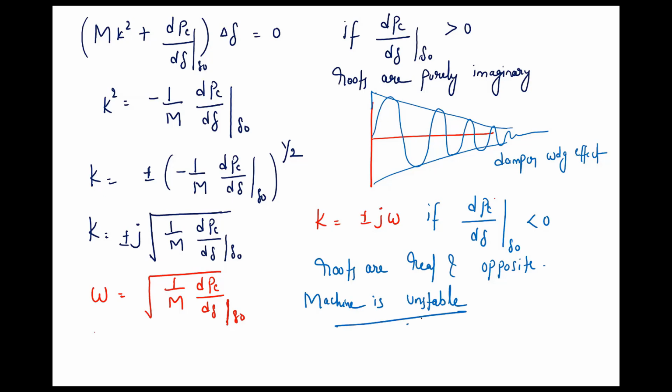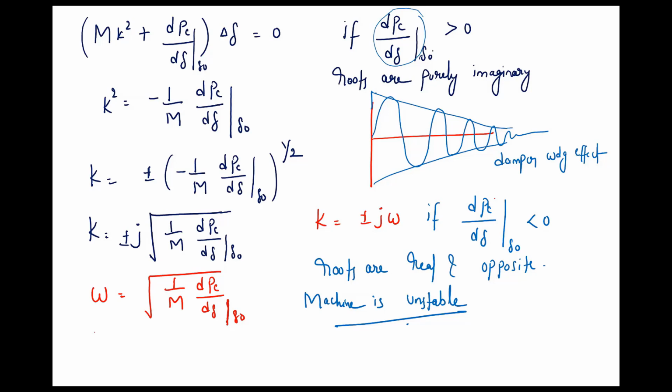Okay, so we have already discussed this concept in synchronizing power. Synchronizing power is the power that binds the stator and rotor. So before disturbance, if your synchronizing power is positive, then after a small disturbance the machine will be absolutely stable, considering the damper winding effect. If your synchronizing power is negative, then even after a small disturbance the machine will lose stability. That is the conclusion from this one.